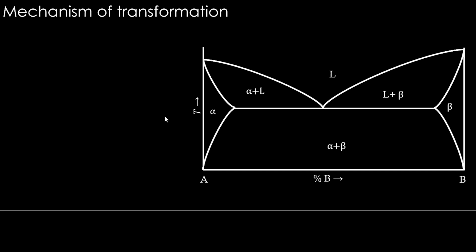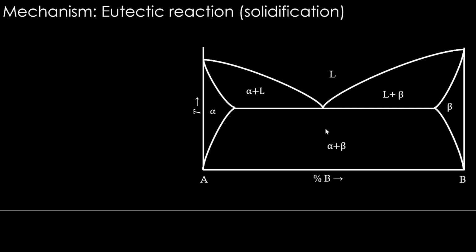Let's consider this kind of diagram, a simple eutectic system. Here, the initial state or the overall composition is 50% of A and 50% of B, and the temperature is below the eutectic temperature, somewhere here. This is the temperature. This is going to be the material now. So if you want to reach that final state, we are going to reach it through two different routes. The first one is through eutectic reaction. So we are going to do the solidification through eutectic reaction.